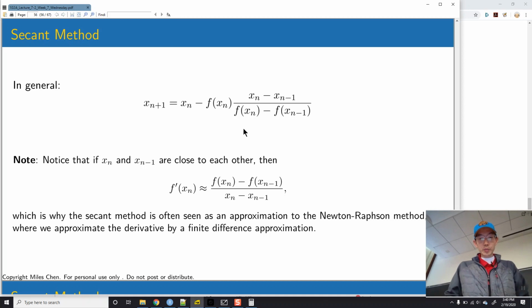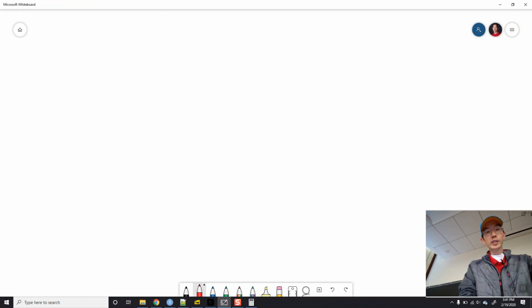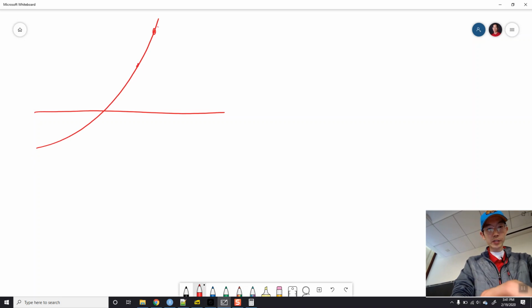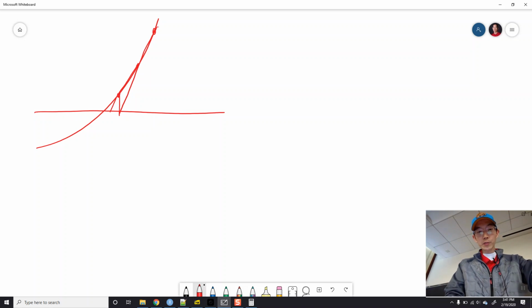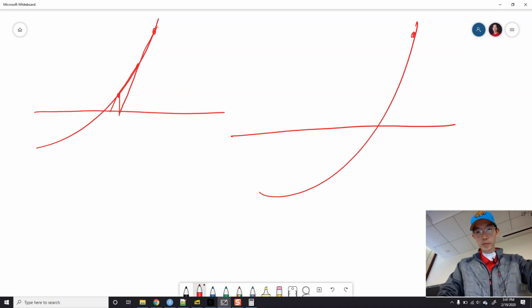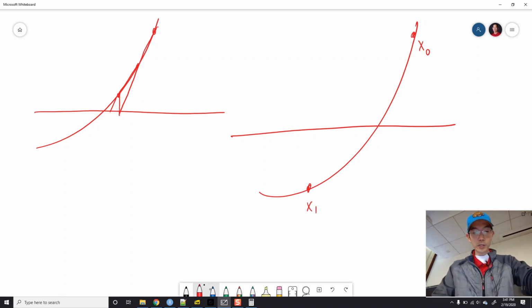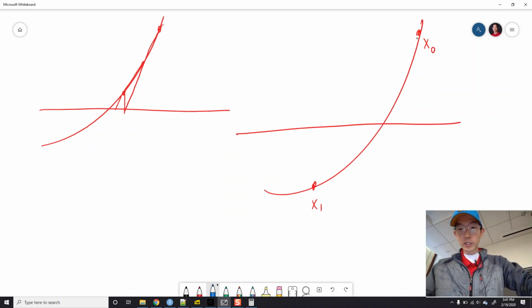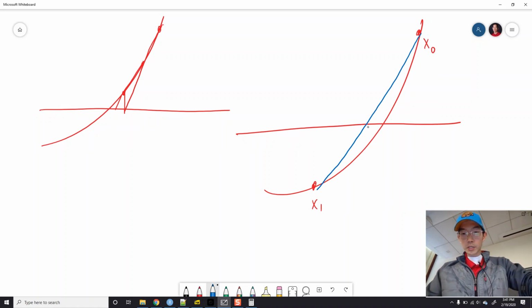One thing to note, I know in my picture I had the case where your secant lines connect like this, okay? And you do this, okay? But it's also fine if you have x0 here and x1 over here. This is also okay, all right? So you just draw a secant line that connects these two, okay? And then you would just say, okay, well, x2